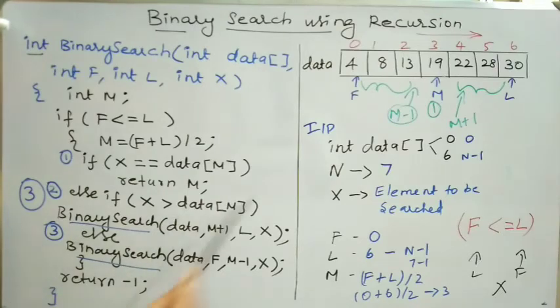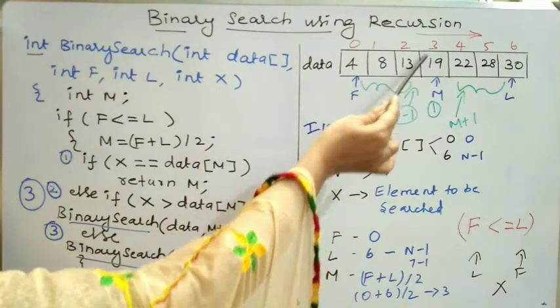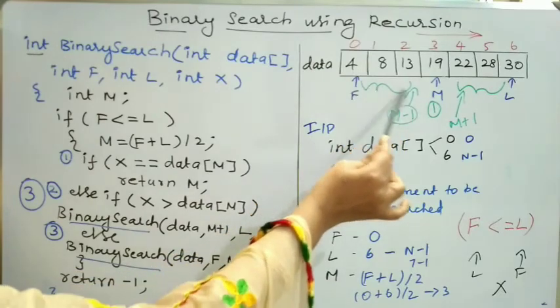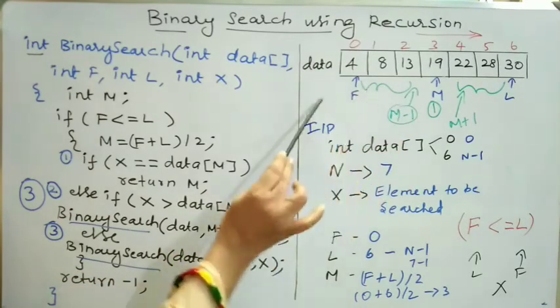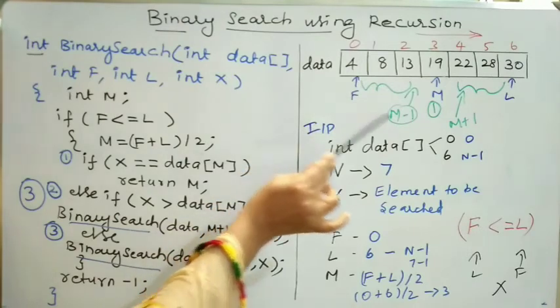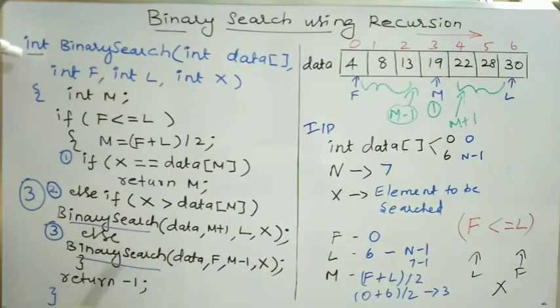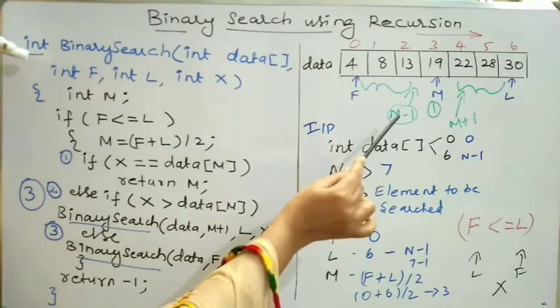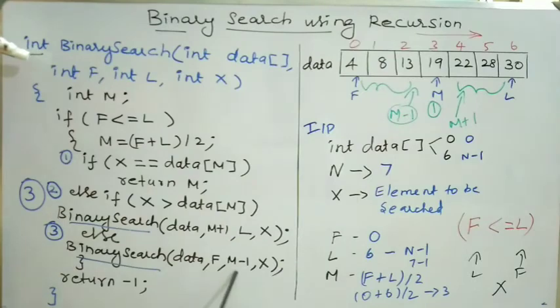And then if that condition is also not satisfied, I come to the third condition. In the third condition, the value I am looking for is less than the element in the middle index position m. In that case, I will continue my search in the first half of the array, from index position f to m minus 1. So I am again recursively calling the binary search function by passing the old value of f, and the value of L changes to m minus 1.